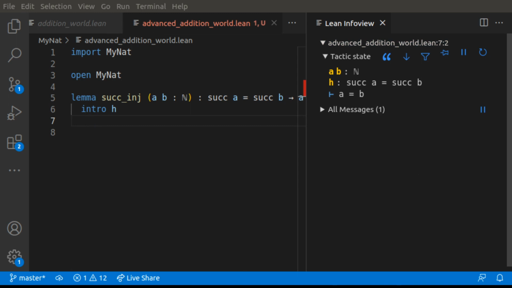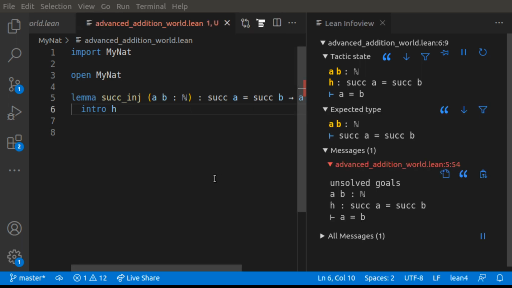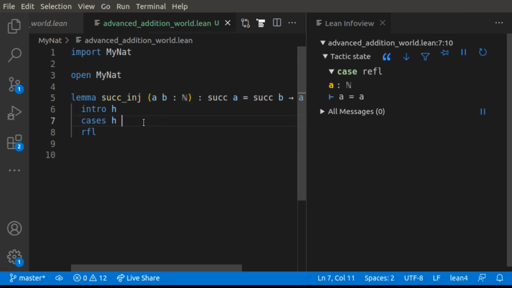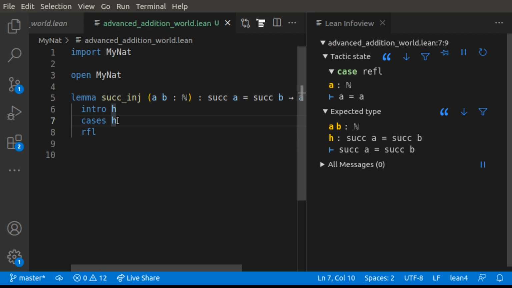Not too sure. For all A, we have both implications, and we need to work with these implications. Let me figure out how to use successor injective. Oh, so we can just do cases H, and then rfl. So cases H splits it into,